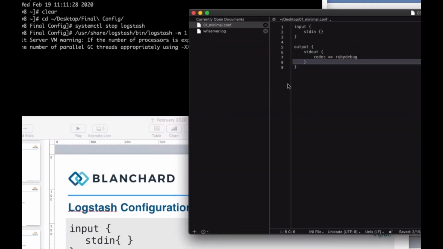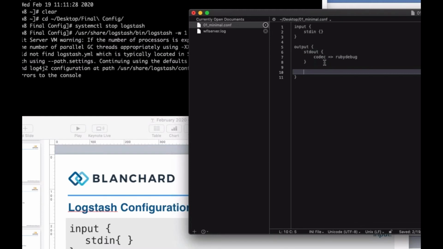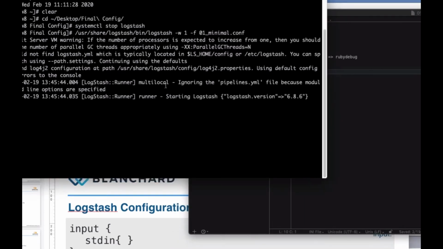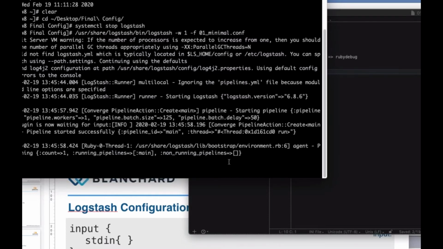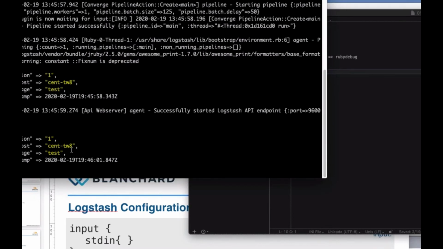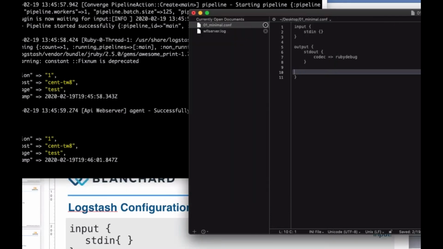I guess it's going to take a minute to start up on me, isn't it? But you could, for example, change this if you wanted to send it to Elasticsearch instead. You could change it to say Elasticsearch and then put the server name and stuff in here to send to that instead. But yep, it looks like it's up and running. It's still finishing booting. There we go. Yep. So it's outputting whatever I type. It's just outputting directly to